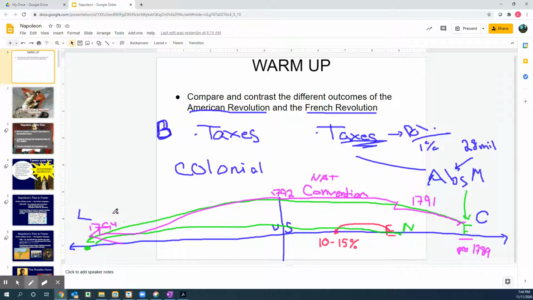They quickly make a retreat back to the middle ground, arguably where this little circle is here. I know it looks a little messy, but again, this is a video, so it'll be nice and slow. So right around here, they come back under the Directory, which lasts roughly about 5 years.